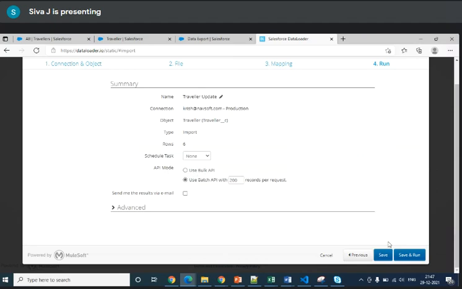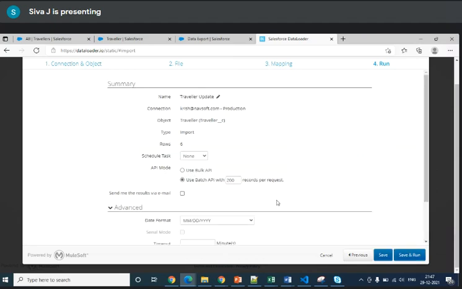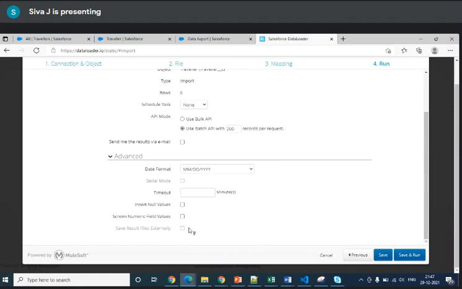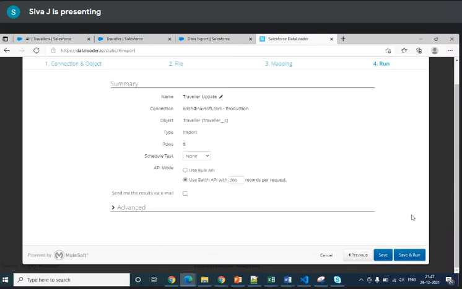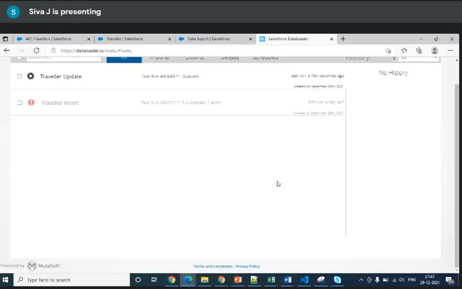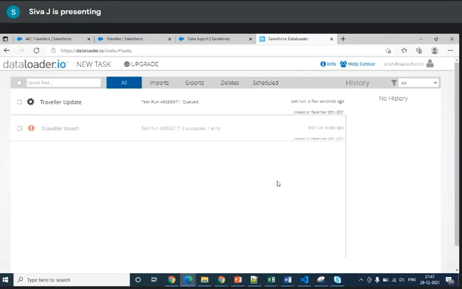You can also mention queries and schedules. Click run. It will take a while.